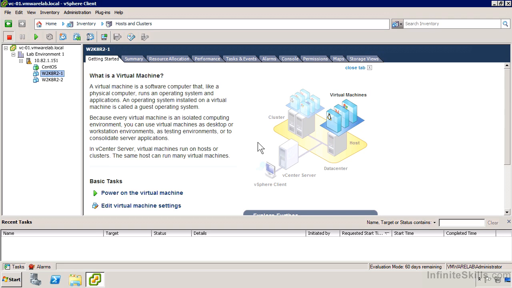It'll actually create an answer file for us using whatever is appropriate to that environment. I'm going to demo it on Windows, but this also works on Linux and most of the other operating systems that VMware supports. So in this case, W2K8R2-1. I haven't done very much to set it up in any particular way, but maybe I've joined it into the domain. I hope I've at least installed VMware tools in it. Potentially I've set up other security tools and other things that are required in my environment, and I've tuned it